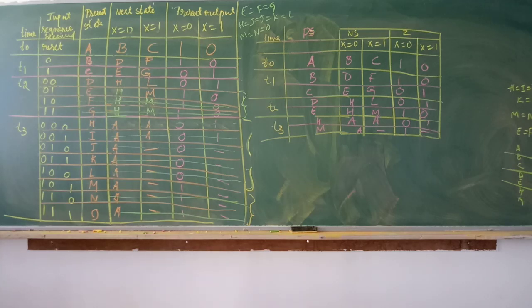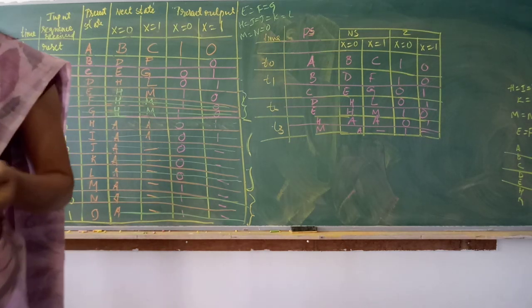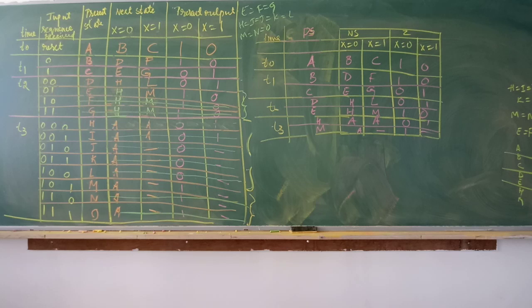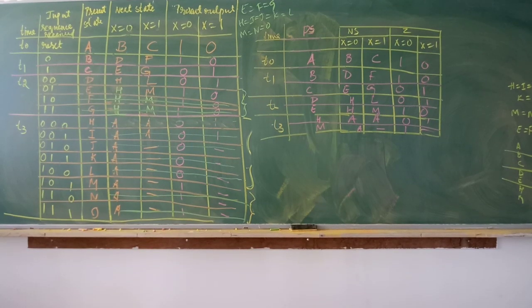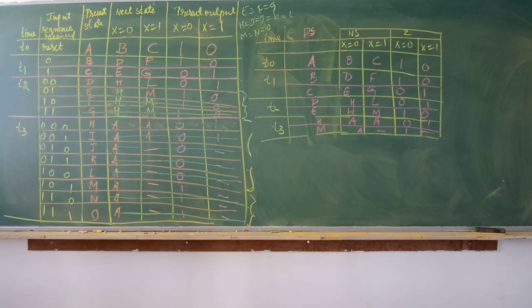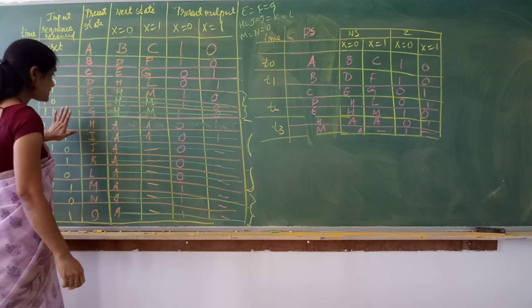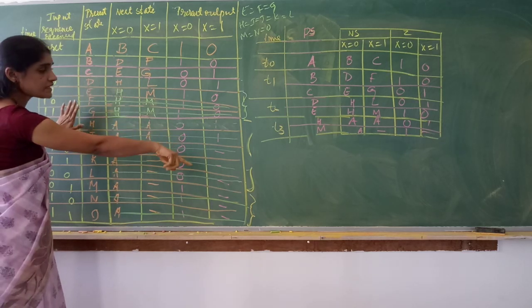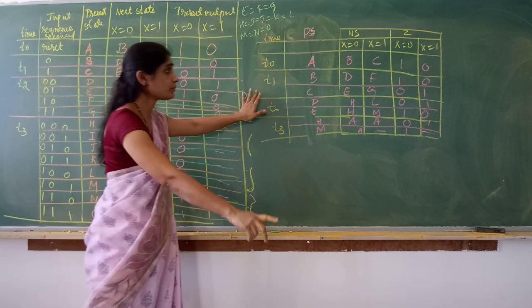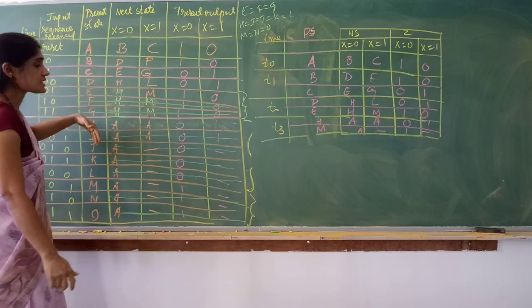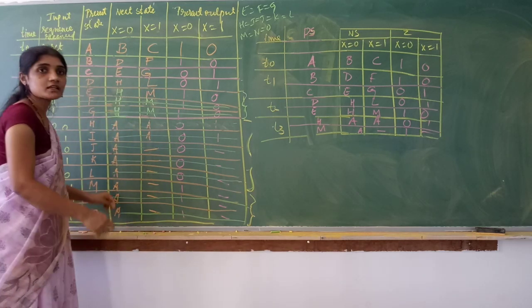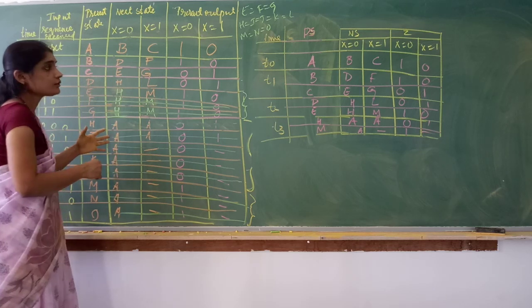Now we'll write the state graph. To write this state graph, by looking into this table, you have to write the state graph. I'll just show you how to write it, but I cannot complete it because I don't have space and I need this table to continue the design. It is just like how you write the state diagram, but here we will call it a state graph.